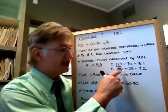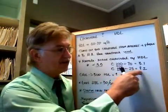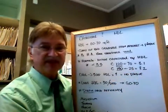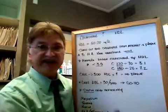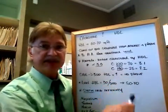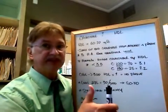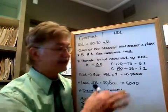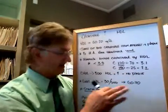We're going to take his cholesterol, we're going to divide it by the HDL, and unfortunately we come up with 7.2. Well above the range of ideal. You know what? If Bill keeps going that way, his potential to have a heart attack or stroke is really, really tremendous. And it's going to catch him unawares, because Bill all this time thinks he is healthy